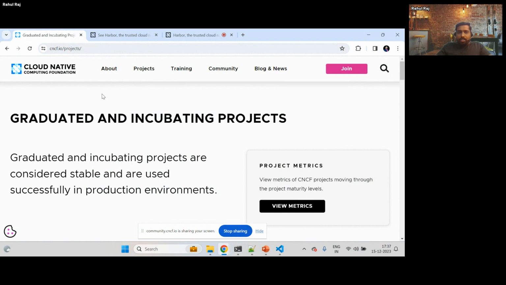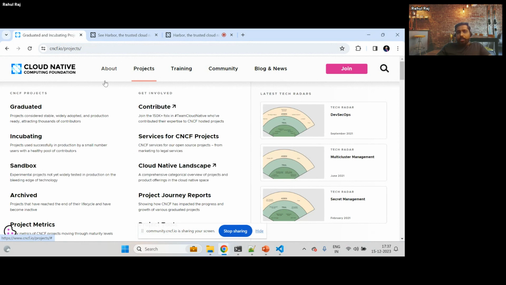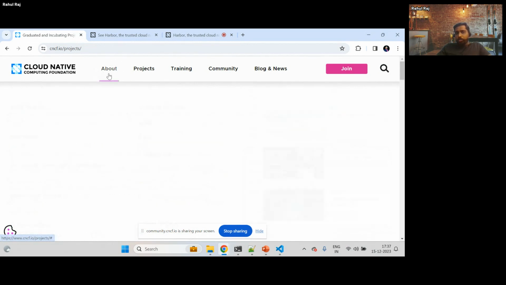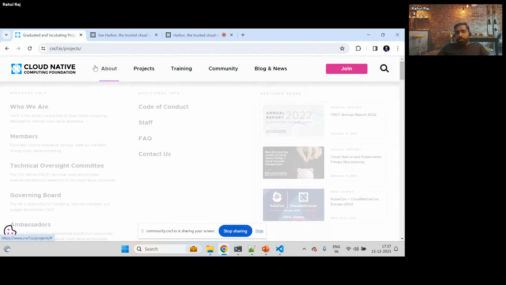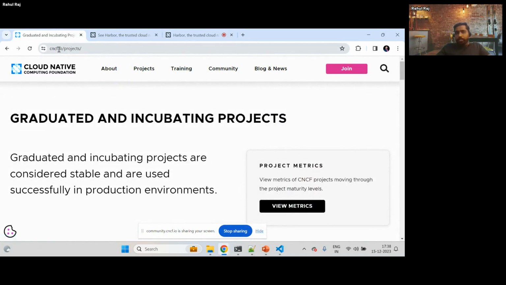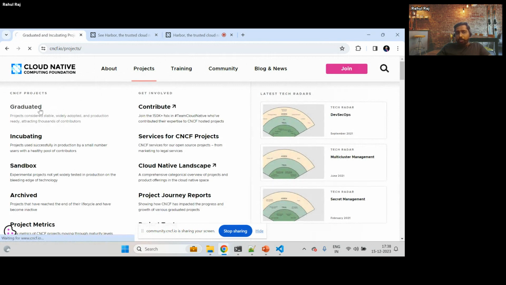So CNCF takes care of some projects, develops some projects, and has a list of projects with them. They classify the projects as incubating, graduated, sandbox, like that. Inside the CNCF, if you visit this website, cncf.io/projects, you can see what projects come under CNCF. So if I move on to graduated projects,